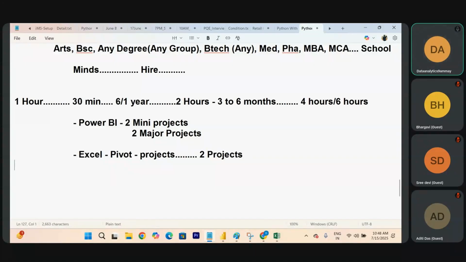So apart from this, they will ask you SQL also. In SQL, there is no direct project which we are going to do, but every scenario is based on a project. There are project related things, the views and stored procedures, if you know this much of the concept. So these are all related to projects.